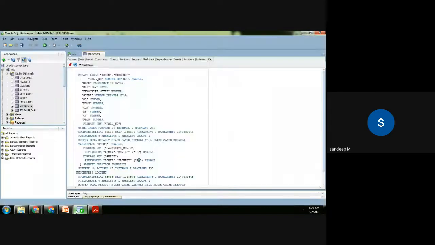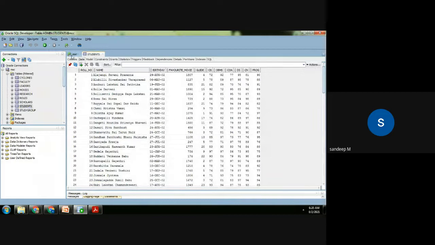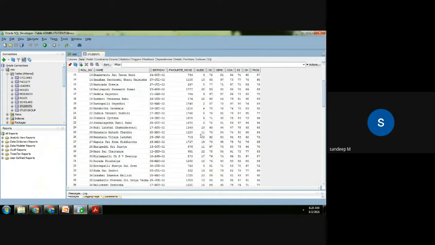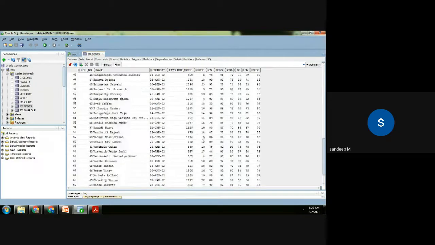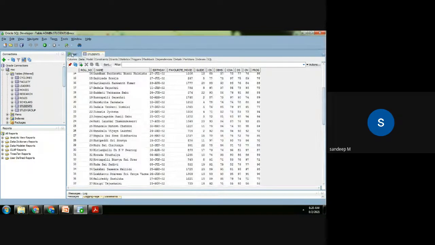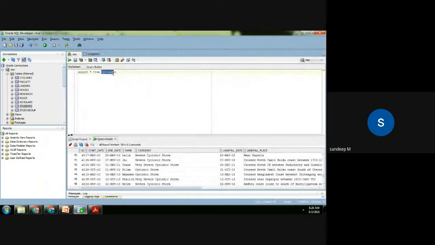Say for example, in the students database, student one has a guide 4, right? So what I'll now try to do is, are there any other guides with a lot of students? Or we can even run, let's say, I want to find where guide is equal to, say, 10.